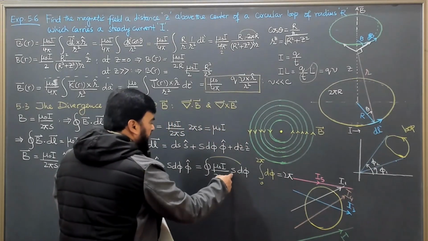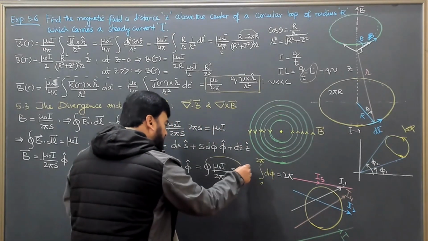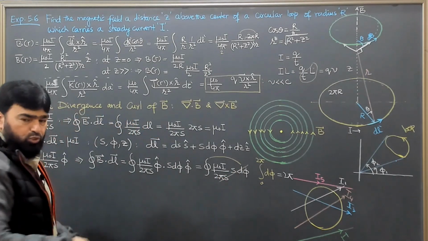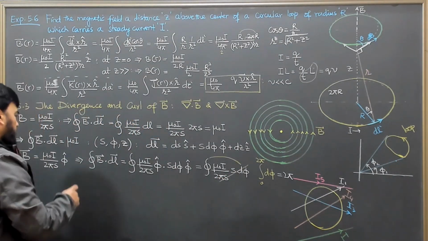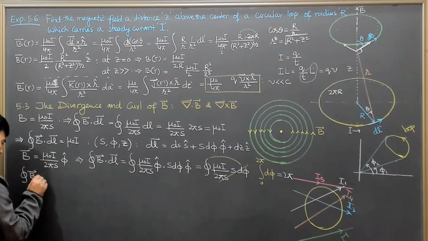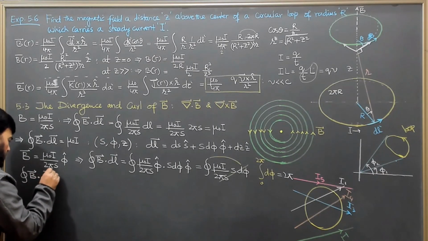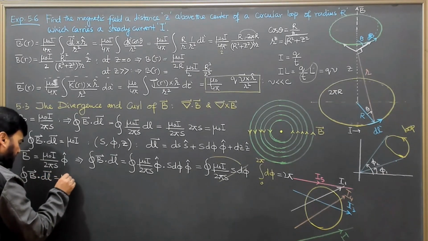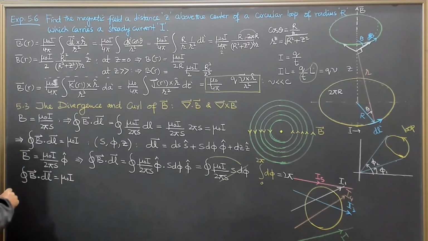So 2 pi s, and the 2 pi s will cancel again with this 2 pi, and we will get that B dot dl again the same,